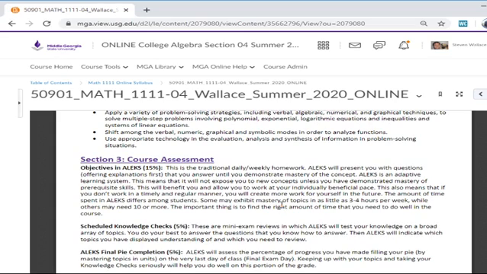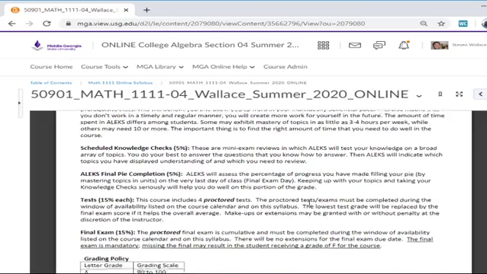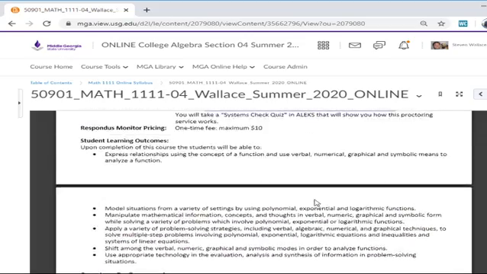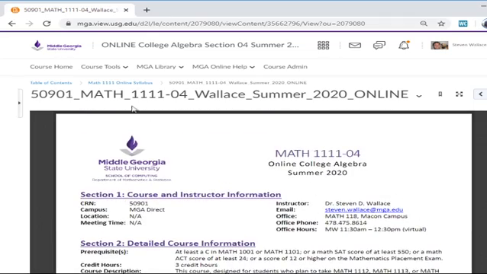It's not very expensive, and you can still take all your tests at home, but you'll use a webcam to video your tests, so we're proctoring them and making sure that academic integrity is upheld. Okay, all this other stuff we'll read about and you can ask me about later if you like.